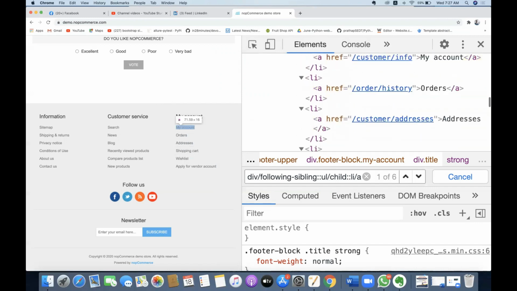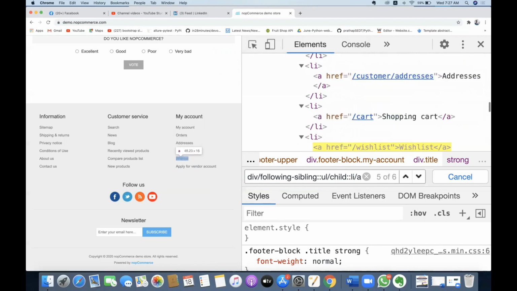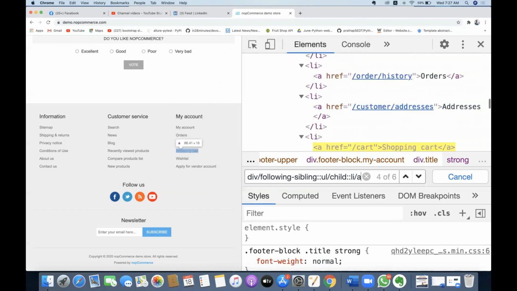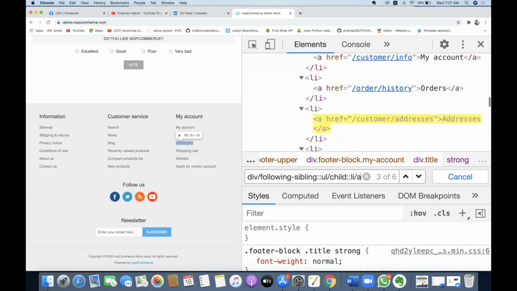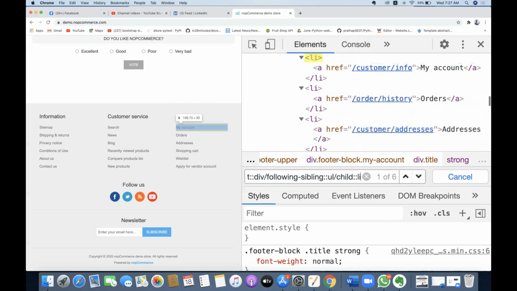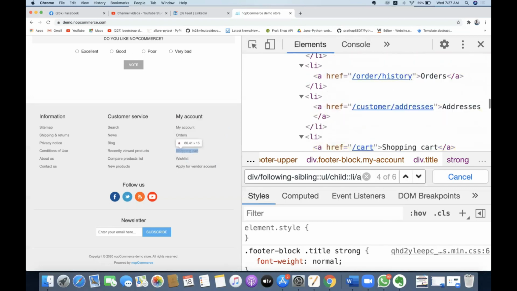Now see, it gets all the anchor tags available inside each and every LI tag. So this is the way to get your child elements. If I want to get all the HTML tags, then I'll put a star. If I want to get only a specific type of tag, then use this, and we can get all of them.